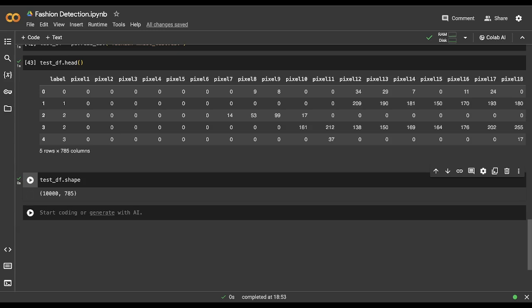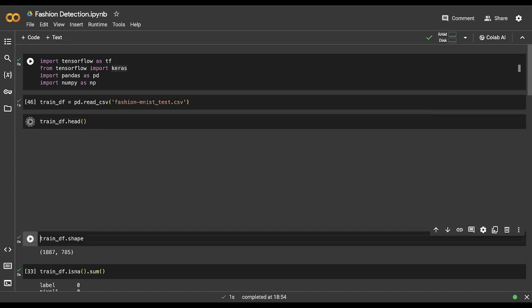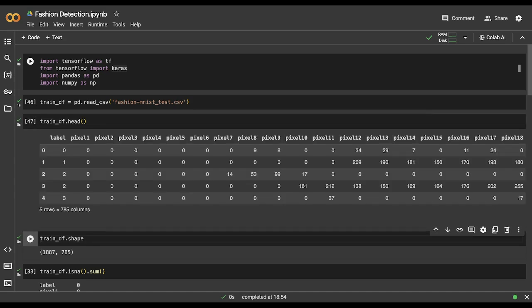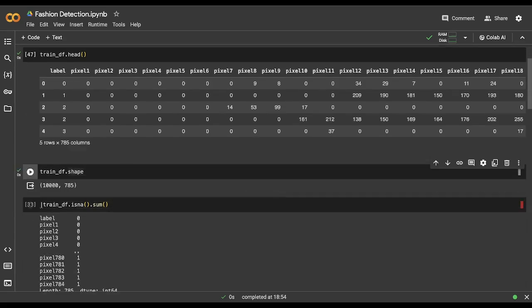So what we will do is actually load the testing set in the place of the training set, and the training set in the place of the testing set. So instead of train, I want to load here the test set. Let me run this. We'll keep the name train df as it is, because we have loaded the test dataset on behalf of the training dataset. So let us check the rows now, and you can see it holds 10,000 rows, which is appropriate for any training set, because of course it's standard that the train data frame would hold more rows as compared to the test dataset.